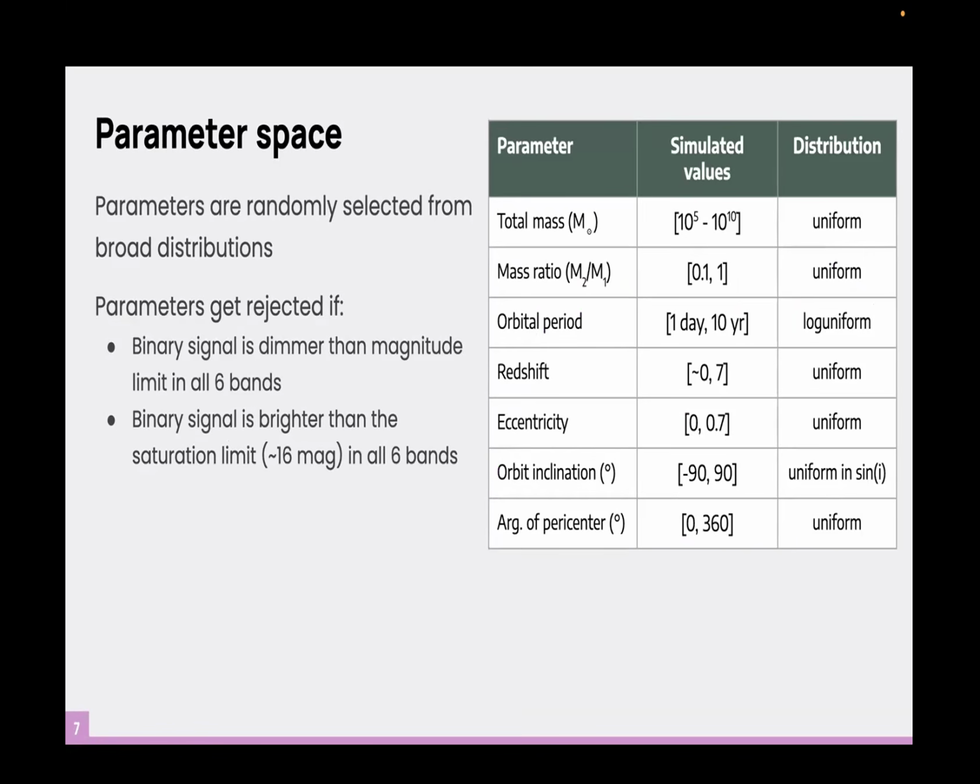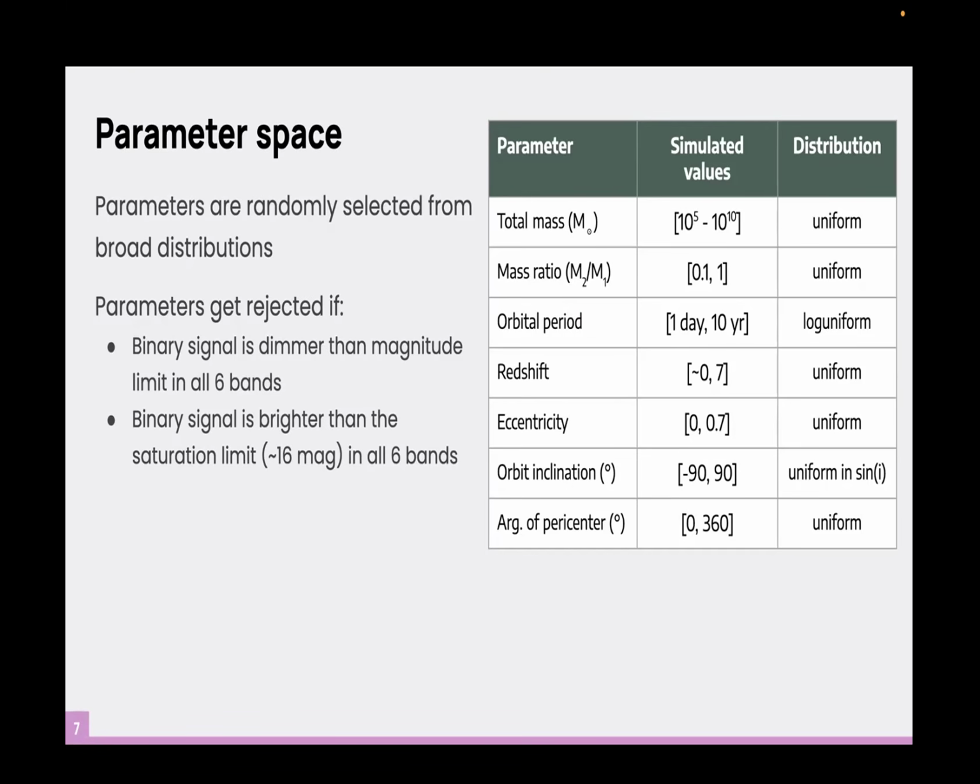So our parameter space, we try to keep very broad and uninformed so that we can have, again, this diverse range of different binary signals. So we randomly select each of these parameters shown here and essentially just check whether that combination of parameters will produce something realistic for what LSST can detect. So we check if it's too dim or too bright